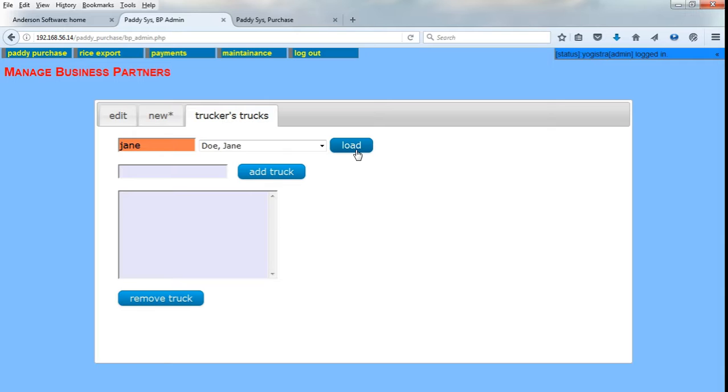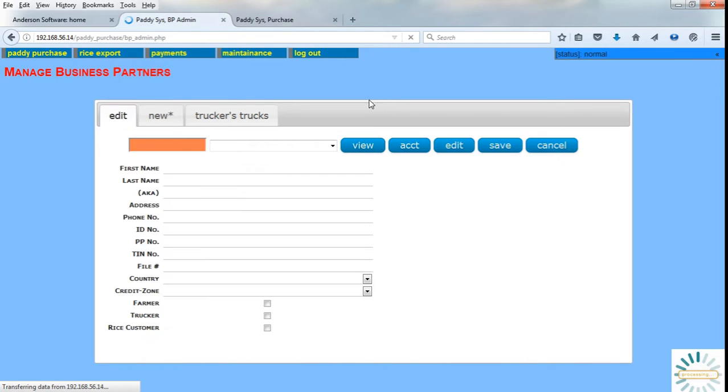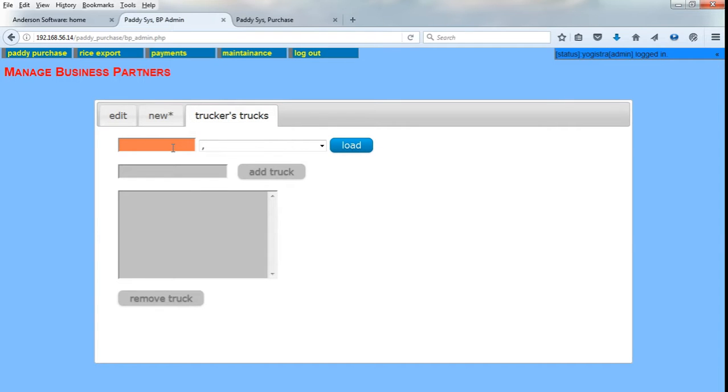First we must hit load next to her name, so we can first load any trucks if she had any, and then to add a truck we just put in the truck number, and we hit add trucks, and it's that simple. If you'd like to do it again or add another truck to her, we just find her again, and you see upon clicking load this time the one truck she has shows up in the list. So this helps us from duplicating trucks, creating two of the same trucks for the same person. So we can add another truck